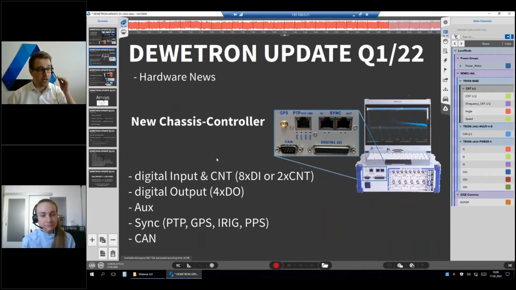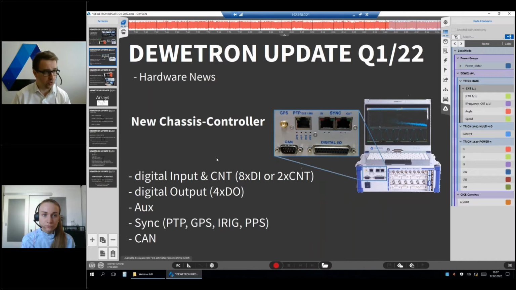Everybody who uses our DV3, A4 or M4 format knows that there are 4 slots, and those 4 slots are very important if you have a high channel count, so that you don't use those slots for digital inputs or CAN message or something like that. To be able to use those Trion module slots for real analog input signals, to be able to have